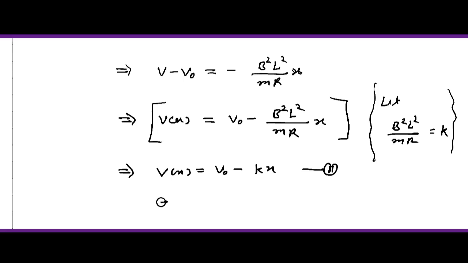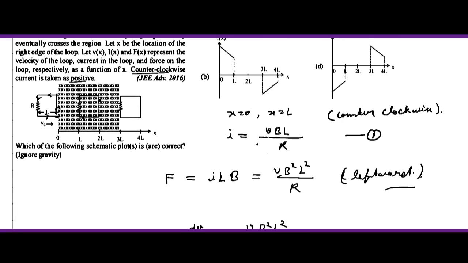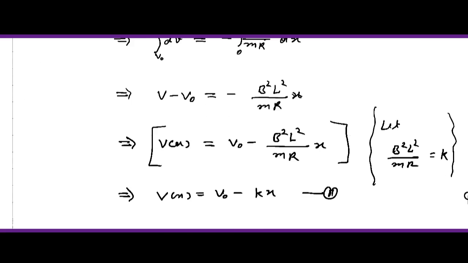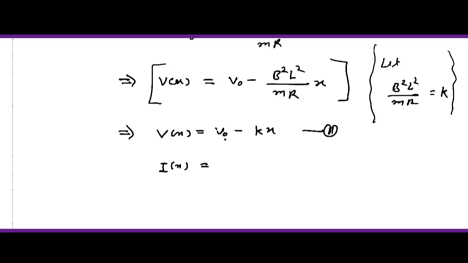इसी तरह जो हमारी करंट होगी, I_x, और करंट का फार्मूला हमारे पास फर्स्ट क्या था, करंट था V B L by R, ठीक है। तो यहाँ पर V को B L by R से मल्टीप्लाई कर दें तो ये हो जाएगा V_0 B L by R, और माइनस हो जाएगा K B L by R x। ये हमारे पास थर्ड इक्वेशन हो गई।